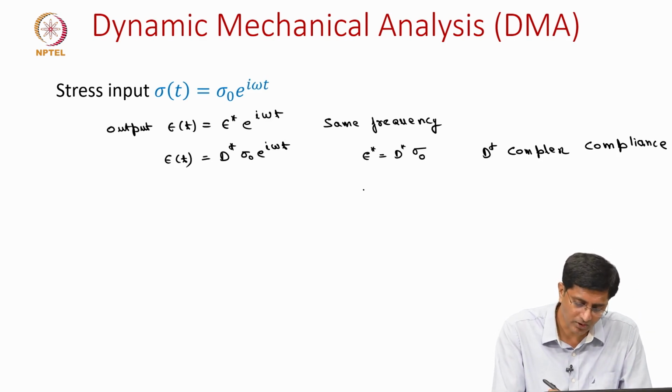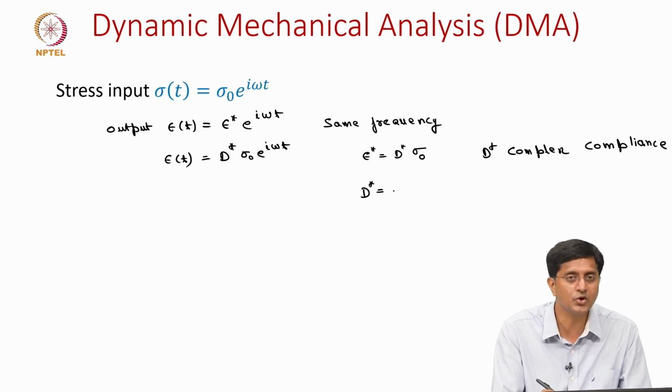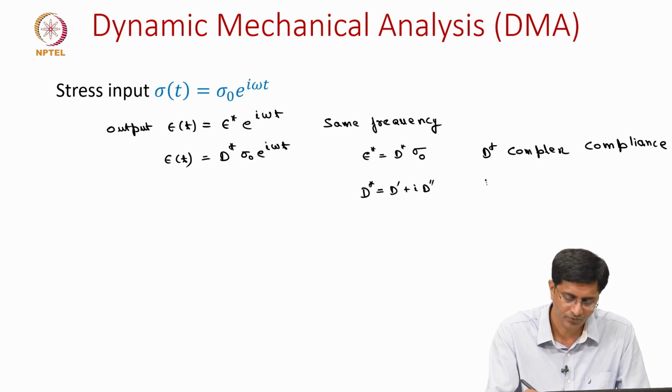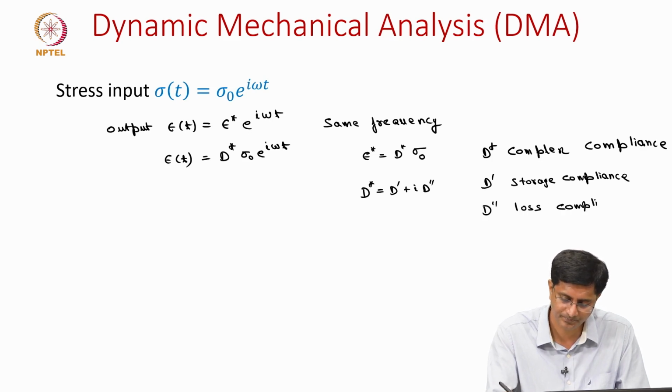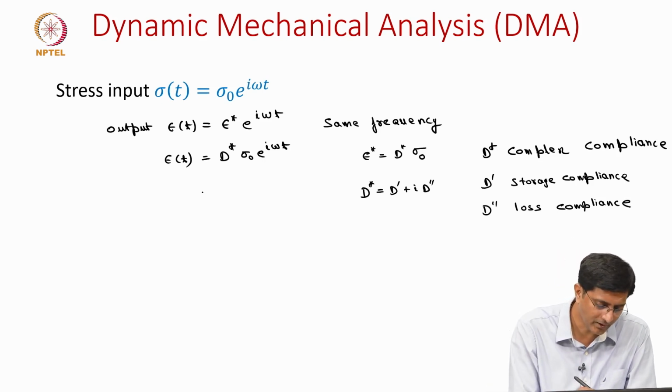So, we will also rewrite this complex compliance again in terms of the storage and the loss terms. This time we have the storage compliance and the loss compliance. So, D dash plus i D double dash, where D dash is the storage compliance and D double dash is the loss compliance. So, once we substitute it back,